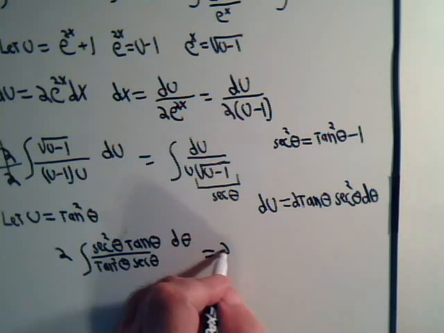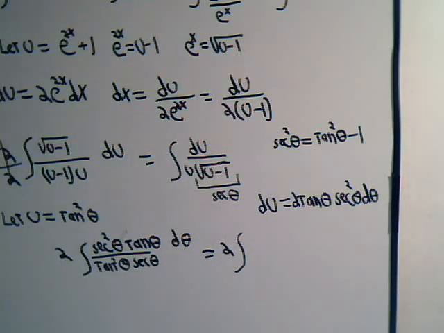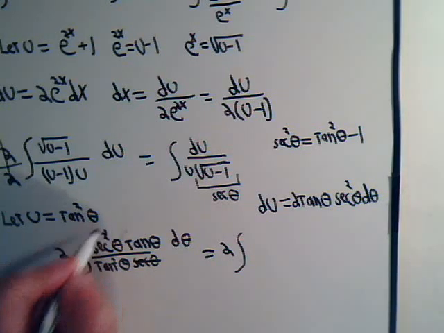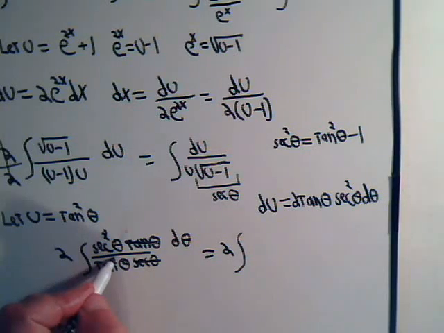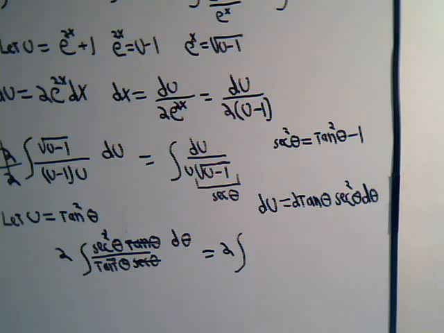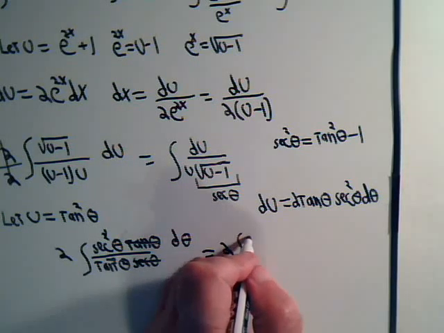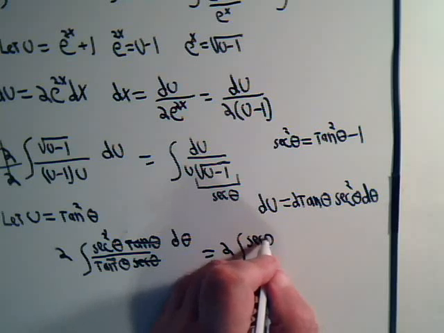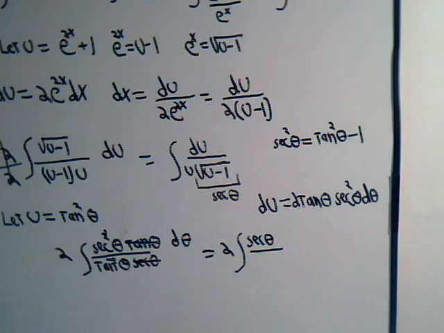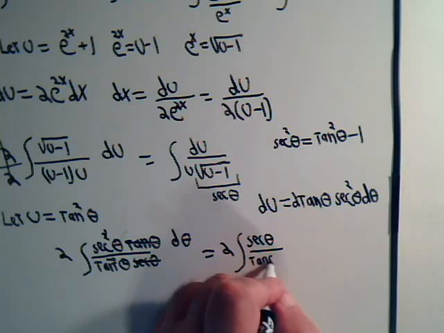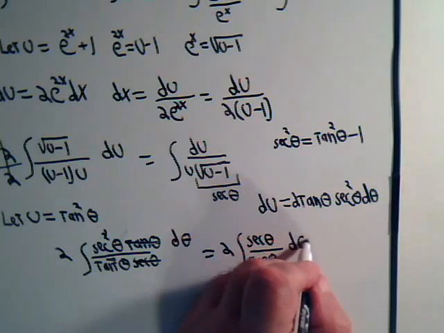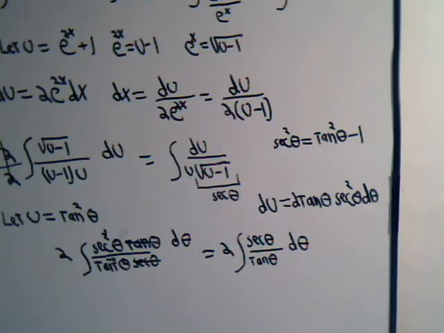Here we're going to have 2, the integral of things like this and this are going to cancel, and this and this are going to cancel. So up here we have the secant of theta, and down here we have the tangent of theta, d theta,